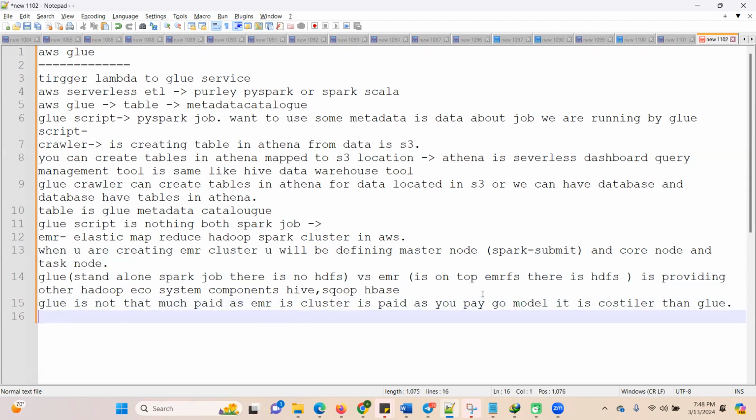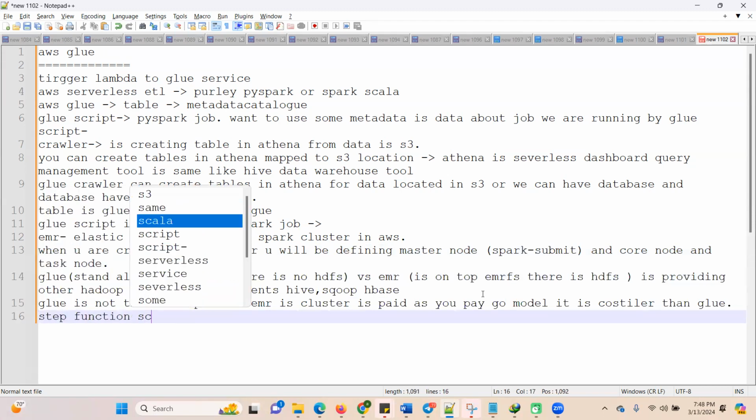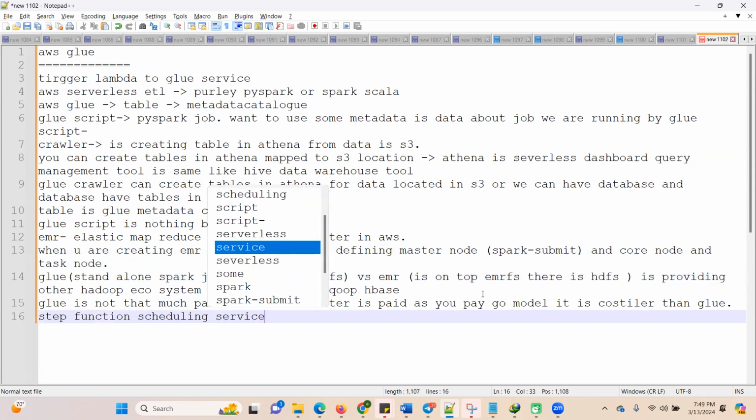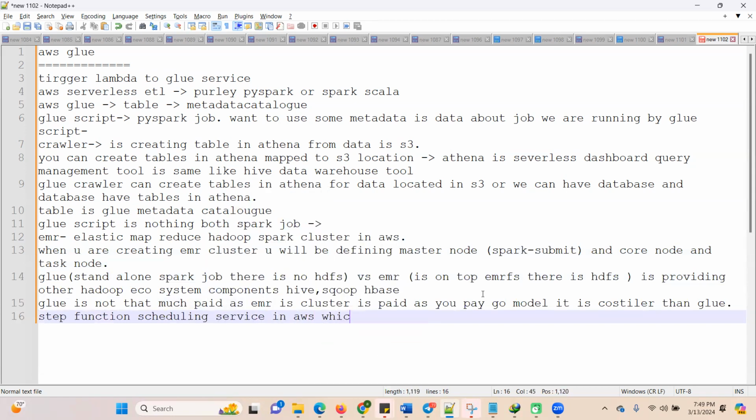So if the requirement is that you keep running your job frequently, we will go for Glue, because Glue can be scheduled through Step Functions. Step Functions is a scheduling service in AWS which can trigger a Glue job, a Glue Spark job. But if you only have to trigger it one time, you can trigger